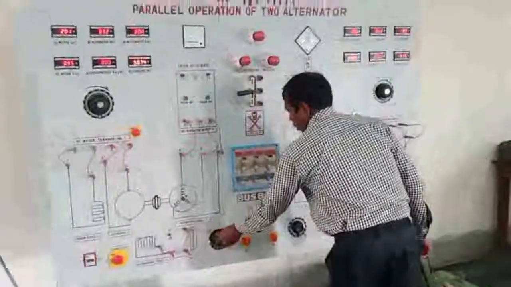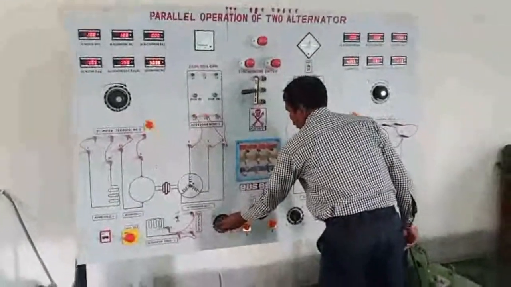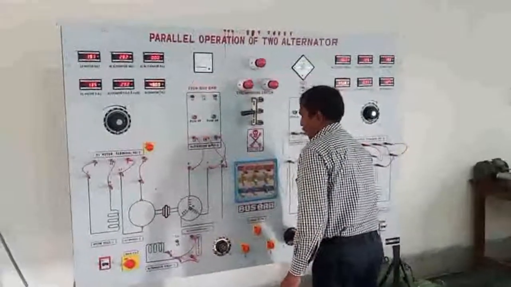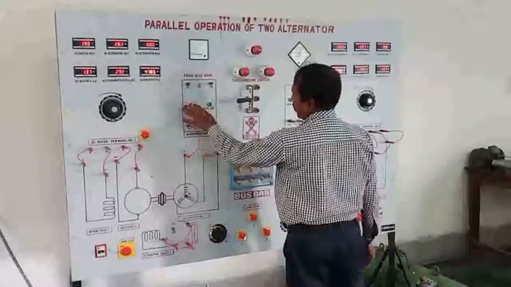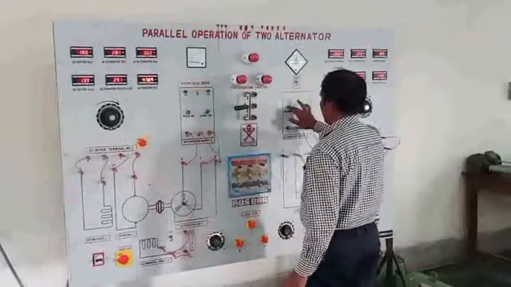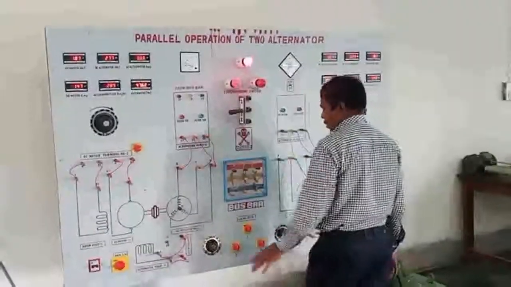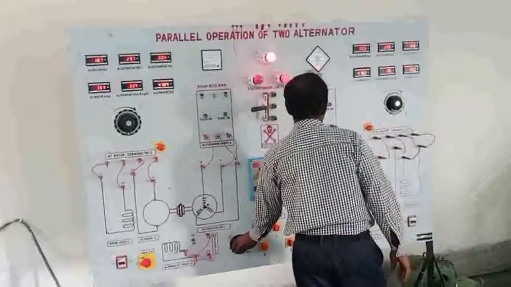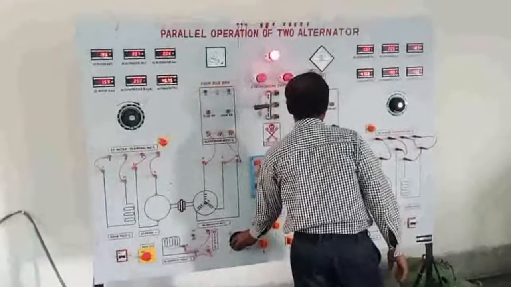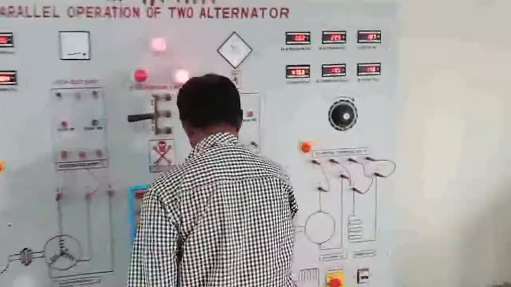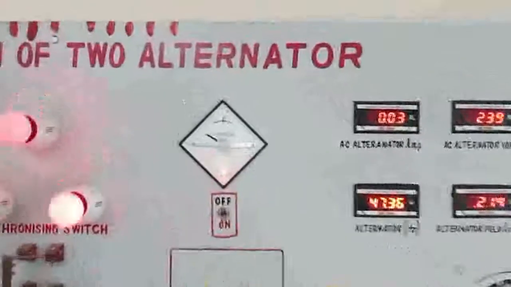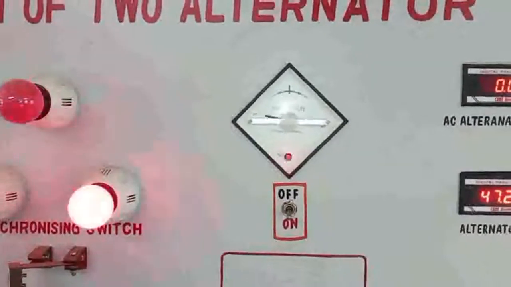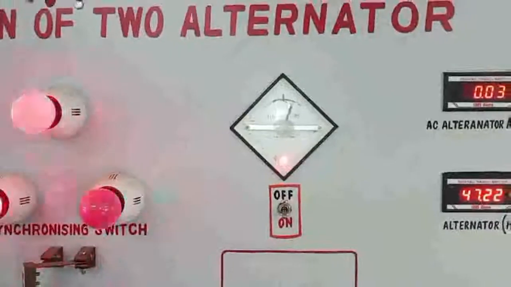Now the fields of both alternators are switched on. It is increasing. The second field is also increasing. Alternator voltages are now provided. See now, see how the bulbs are glowing and dim, glowing and dim. These things are happening at the same time, as we can see in the synchroscope. See, it is not synchronized till now, so we cannot do that.